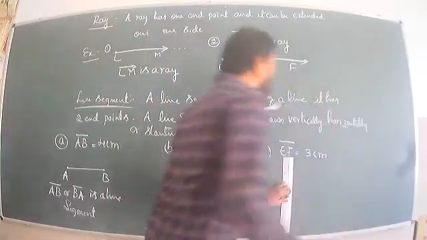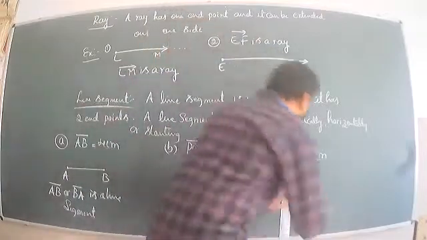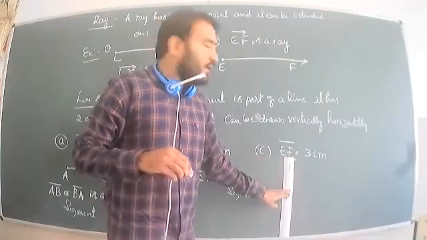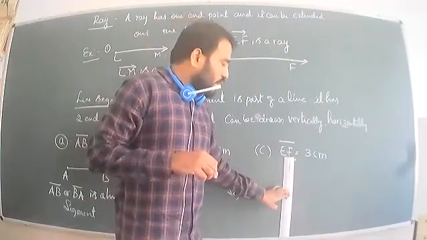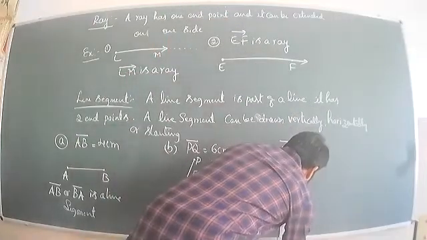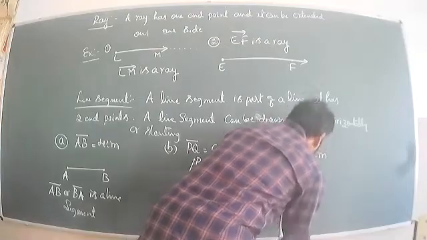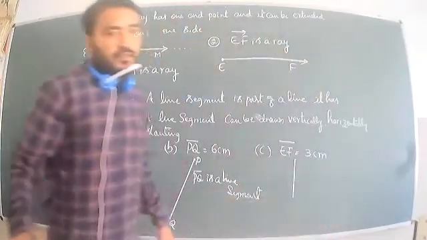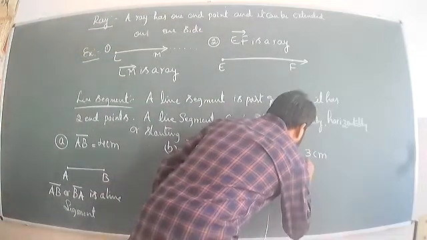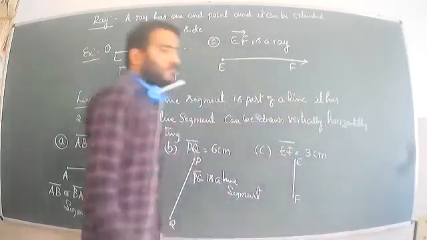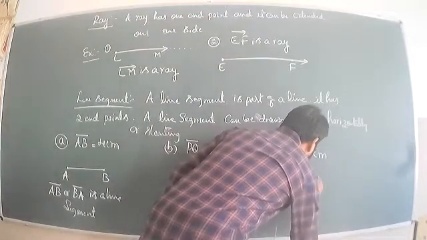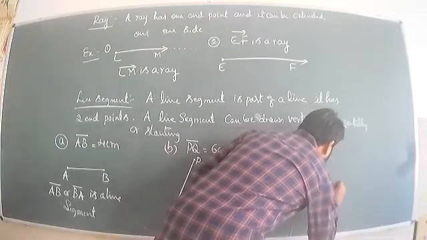So the first point, 3 centimeter. First point, what to do? Put 0. First put the point 0. Okay, second point is what? Which point? So second point is 3. Yes, very good. Yes, we have got the line segment. Draw the line. Yes, EF. Okay, put the point. EF is a line segment.